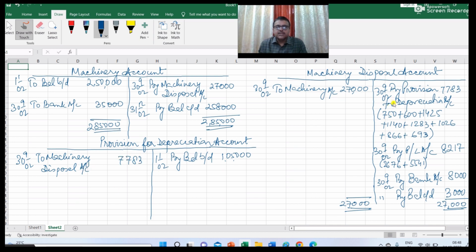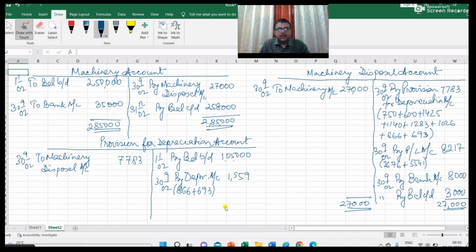So this is the amount that will be transferred from machinery disposal account. On 30th September 2002, depreciation was charged on the two machines that were sold. So depreciation on the two machines was 866 plus 693. So if you add up these two figures, you will get